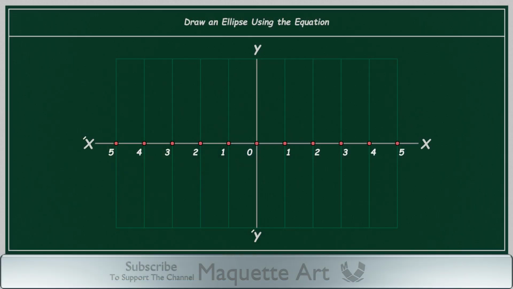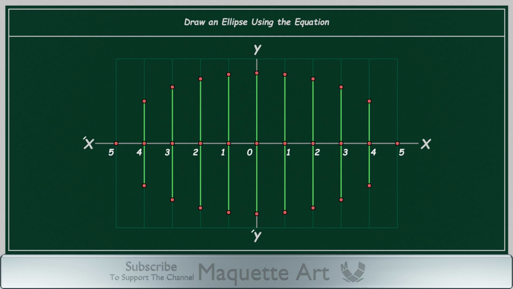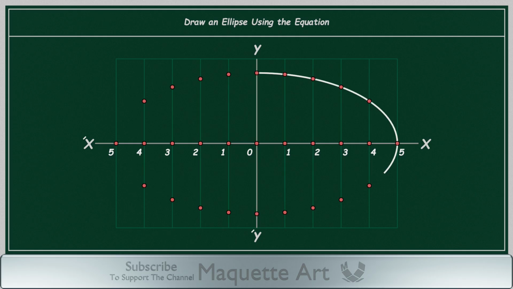In this video, I will explain a method to draw an ellipse using an equation. So you will need a calculator and a ruler for measurements. The main concept of this method is finding points along the circumference of the ellipse by substituting in an equation with x values to calculate the y value for each x, then connecting those points manually by hand to form